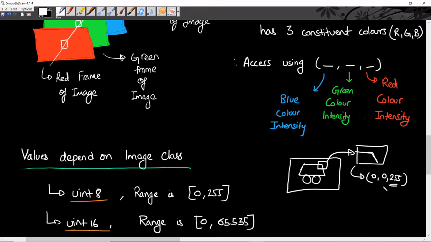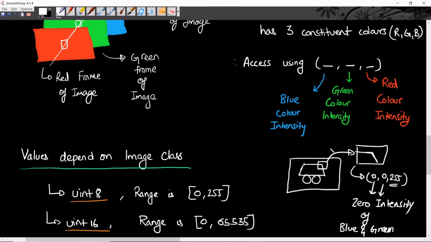So this is the max intensity of red, 0 intensity of blue and 0 intensity of green. So you have 0 blue and green, only red is there. That's how you write it for any pixel.